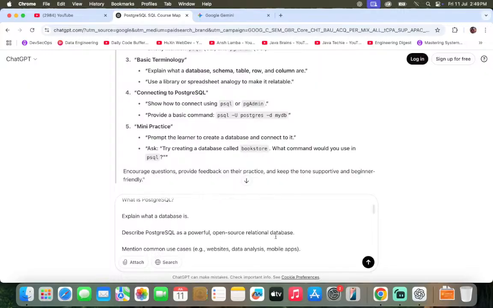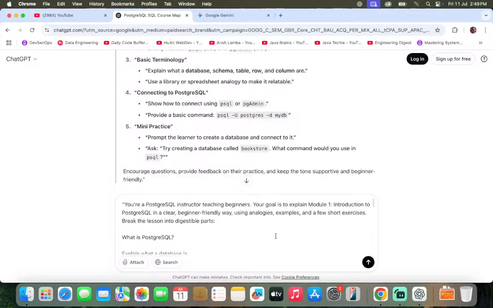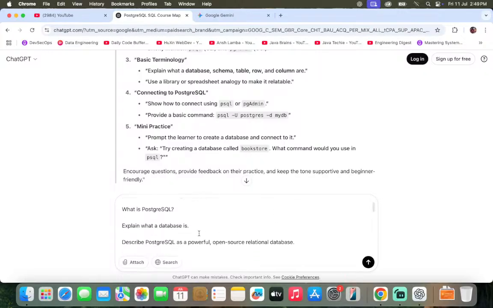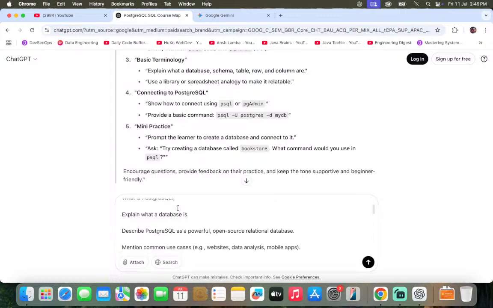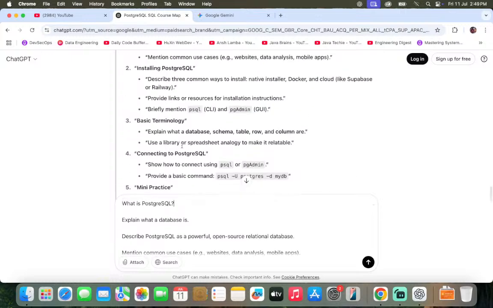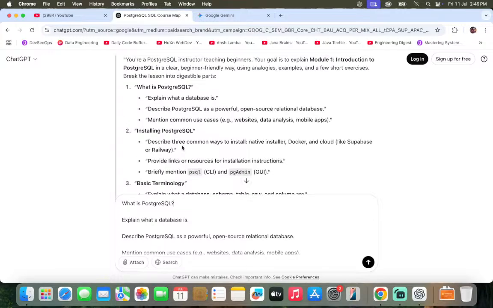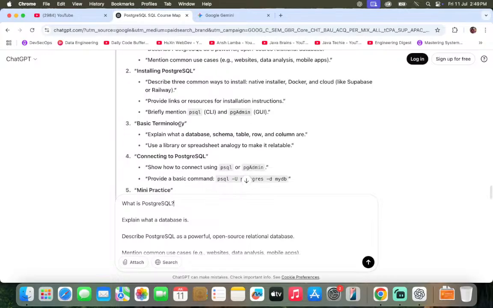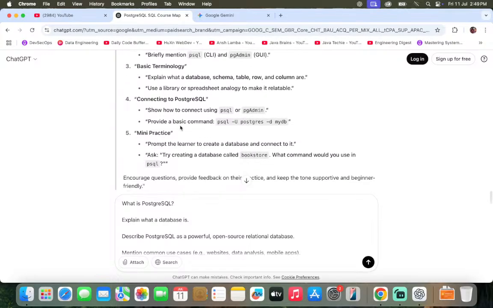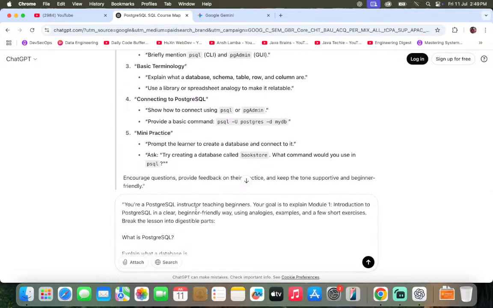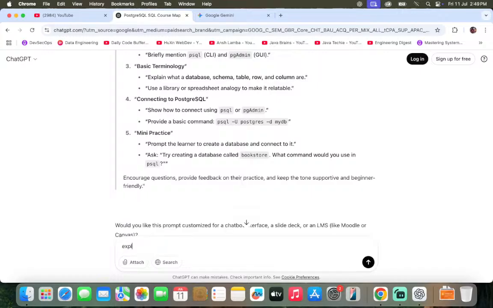So this is the prompt, and within this prompt, it shows what the explaining sections should be like. This should be the actual way of explaining any module. So I could have just written, explain module one